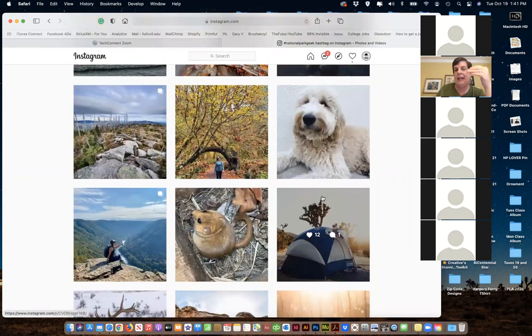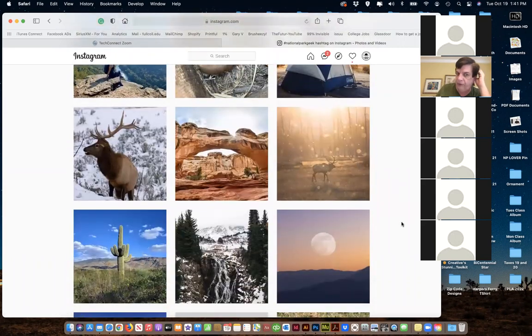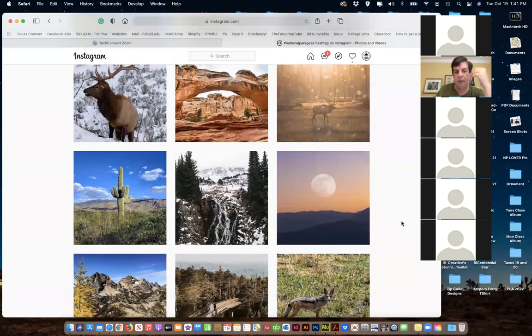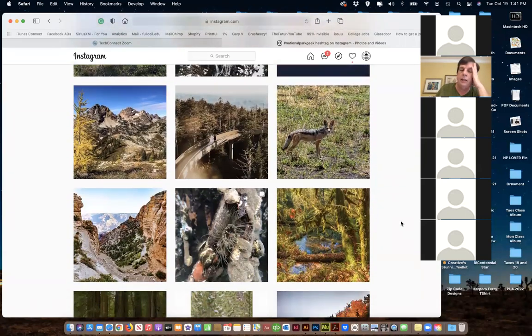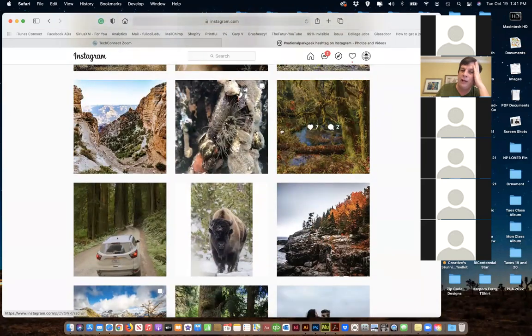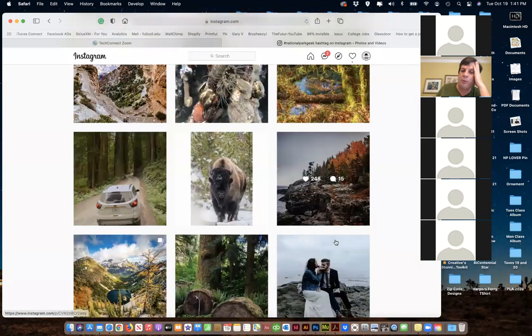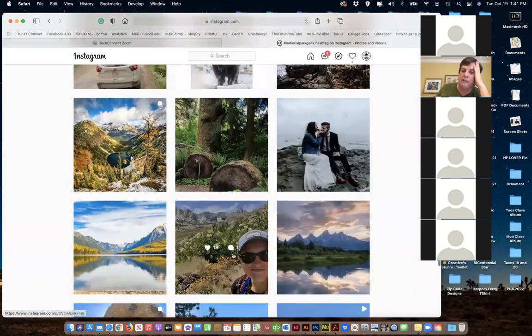So again, I'm lucky. The subject matter of this site and my business here is parks, and people love the parks and they contribute to this. And I get hundreds a day that people have tagged. So I try to get through as many as I can and like them. And that's an important thing too, to go through and like photographs.